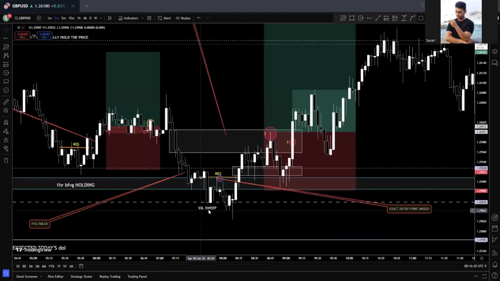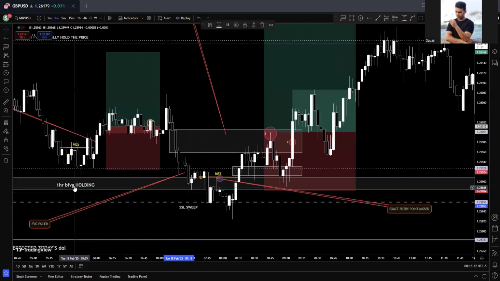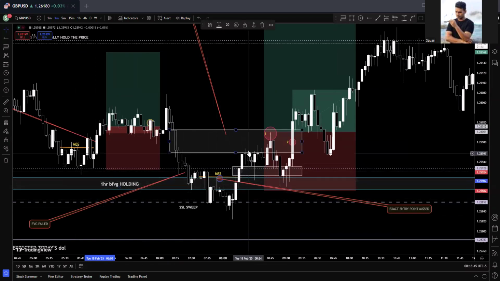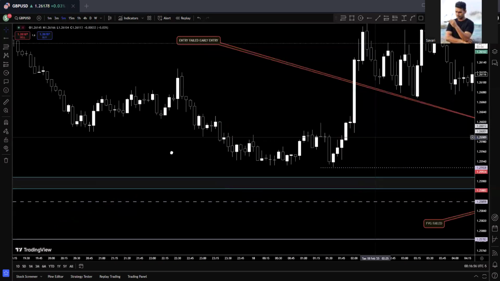So after sweeping the sell side liquidity, there's one more confluence: 1 hour price for earlier holding the price in 15 minutes and 1 hour. This is the sweep. This is the market structure shift with big displacement. The fair value gap holding the price, no longer holding the price, failed. And if you mark the 5 minutes fair value gap,